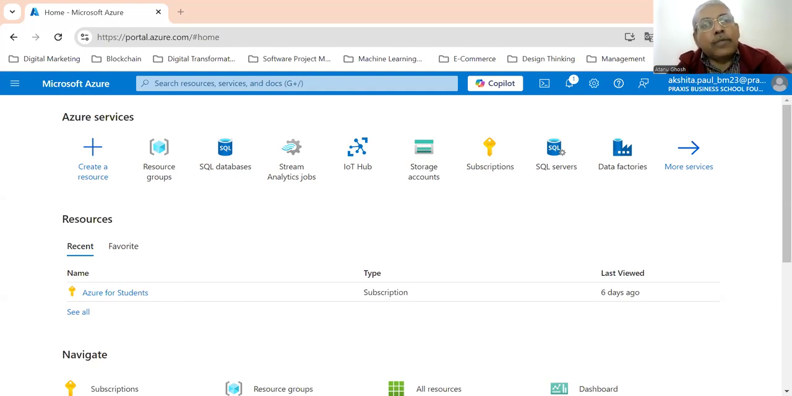Microsoft Azure is one of the leading platform as a service in the cloud. The other two leading platform as a service providers are AWS, or Amazon Web Services, and Google Cloud. You can get an account in Microsoft Azure with $100 free credit in case you have a Microsoft account